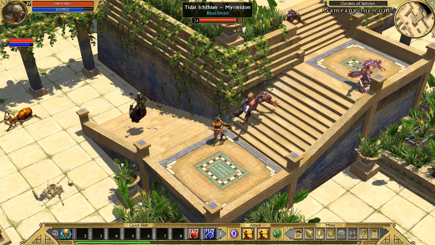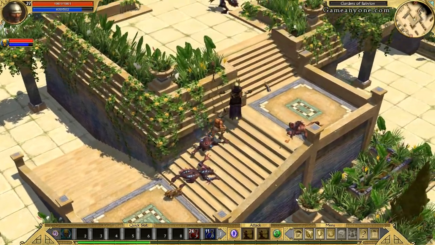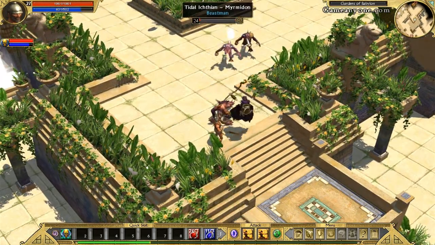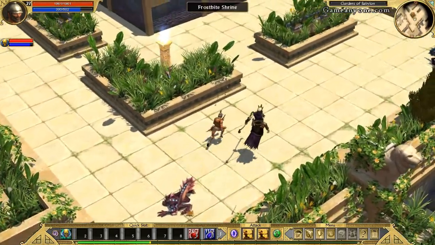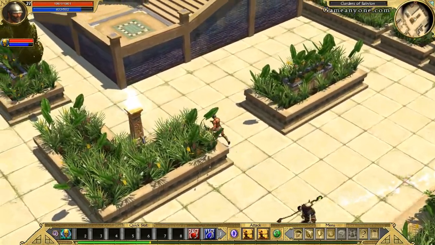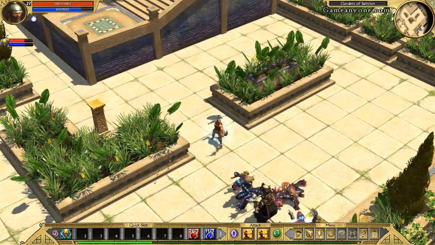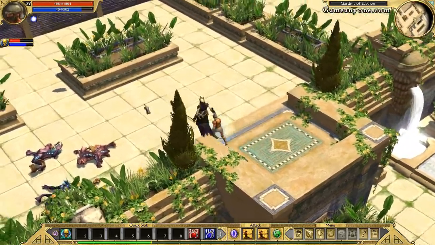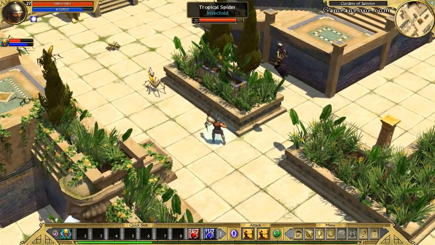But I will say that this place is pretty. Because that is my opinion of this place, that it is very, very pretty. And filled with nice plants. I like plants. Ooh, frostbite. Definitely like frostbite too. Because it makes everything go in slow motion, which is very useful indeed, especially against those